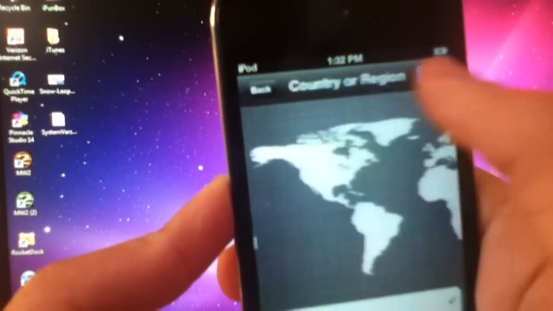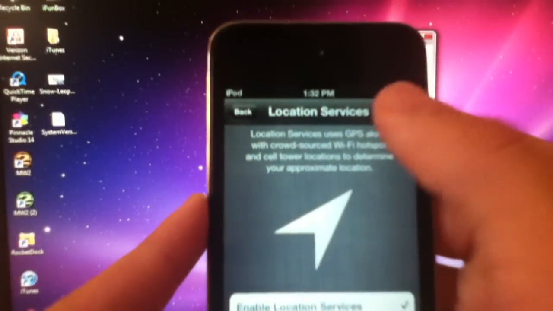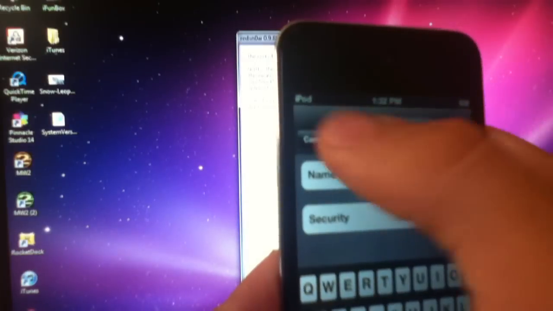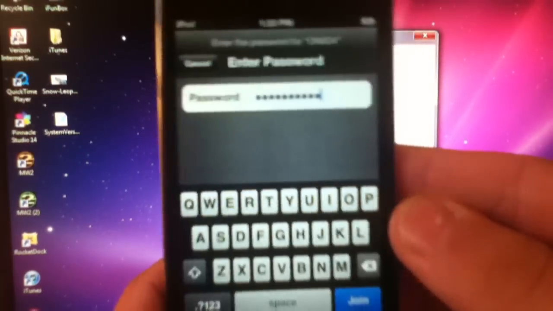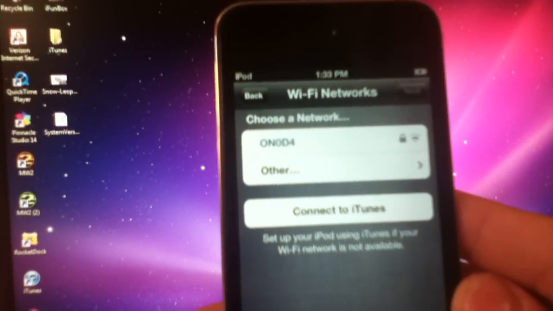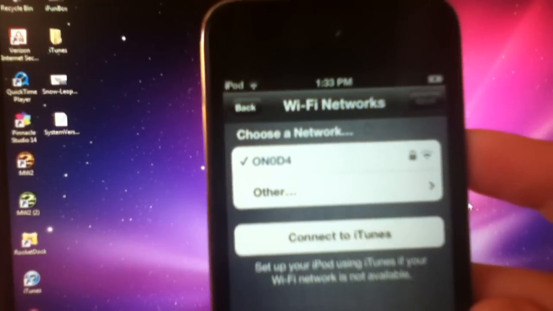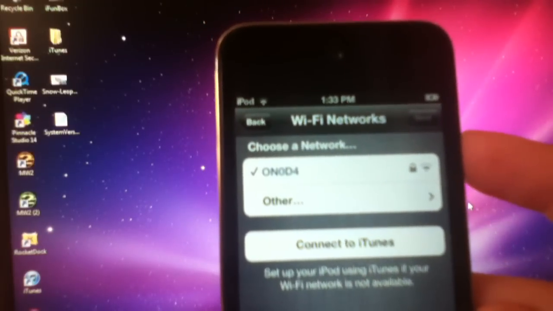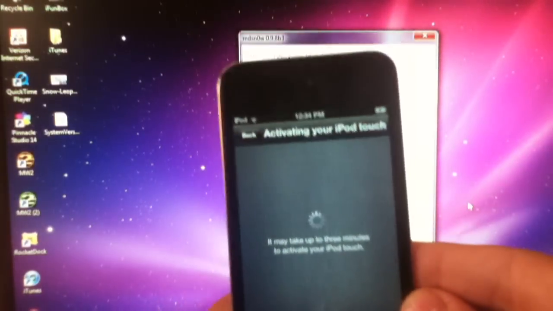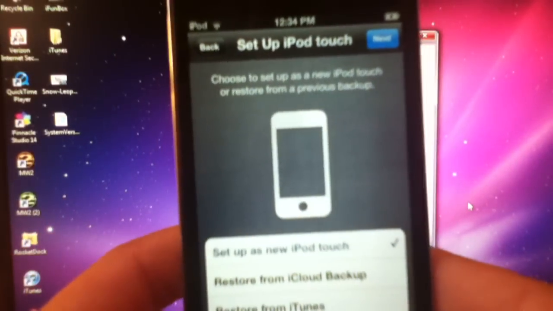English, select your country or region. I'm gonna enable my location services, and then you have to type in, it's better to have some Wi-Fi. So I've typed in my password and just click join, so it should connect. Should connect to your Wi-Fi, and then after it's fully connected you hit next, and now it's activating your device. So right here you can see we just bypassed the activation,